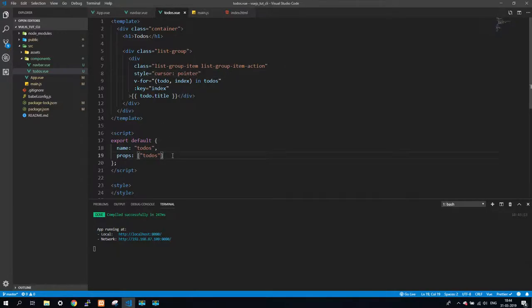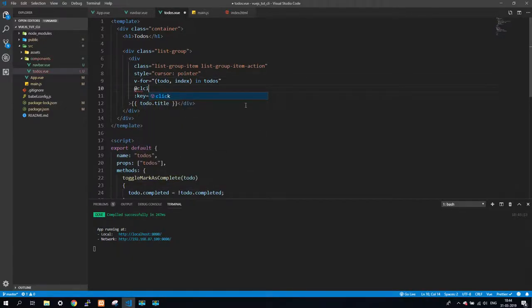So to do that, all we need is a few methods. Mark as complete, to do that completed true. Actually we will say toggle mark as completed, and it will be to do completed, like so. So basically here we need to say click toggle mark as complete and pass that to do. Right now it's not going to do anything,